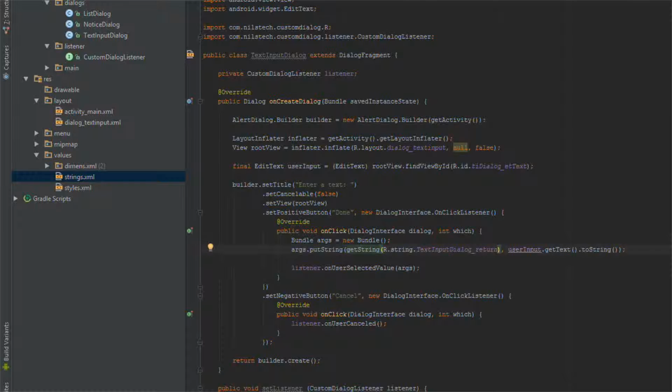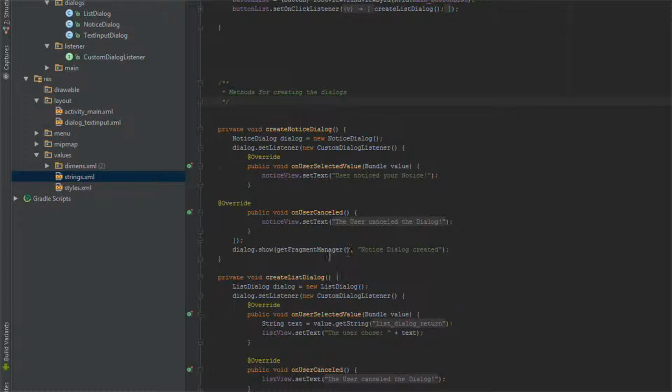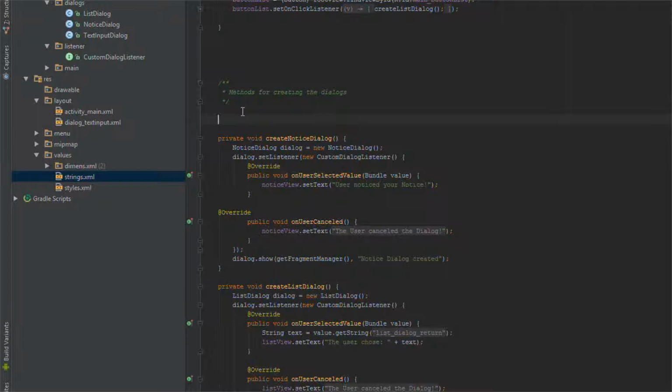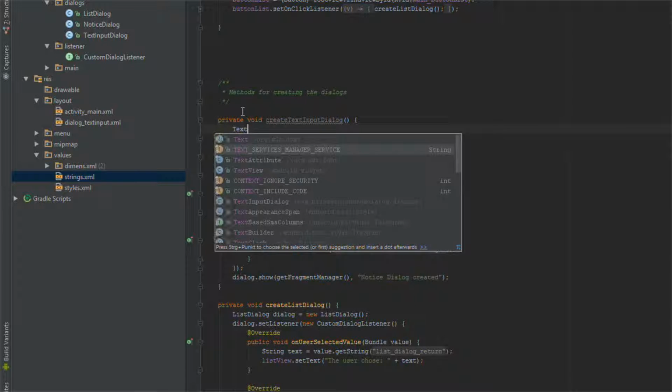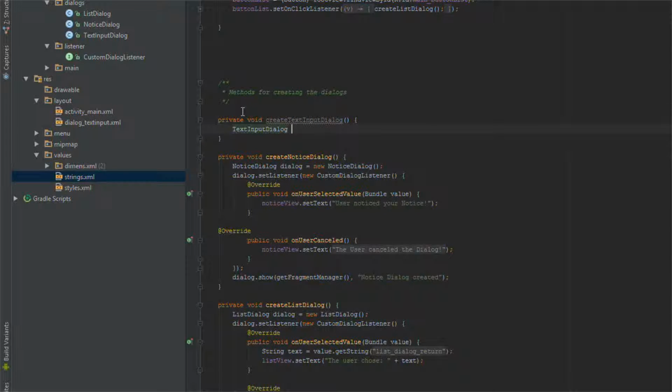And now I'm just going to head over to the main activity and show you how you can actually make it appear on the screen. And I'm going to write a new method for it. It's called private void createTextInputDialog, just like this. And we're going to need a new TextInputDialog dialog,